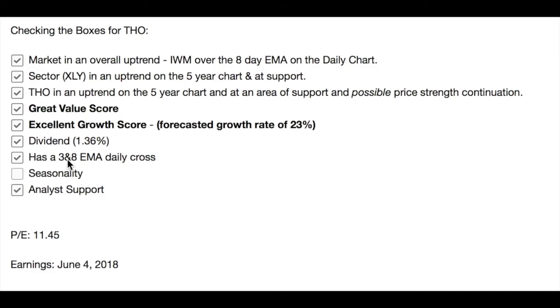It does have that 3 and 8 EMA cross that I look for. Seasonality, I couldn't find a seasonal chart for it. It's got analyst support, a current PE of 11.45, and it looks as though their next earnings date is June